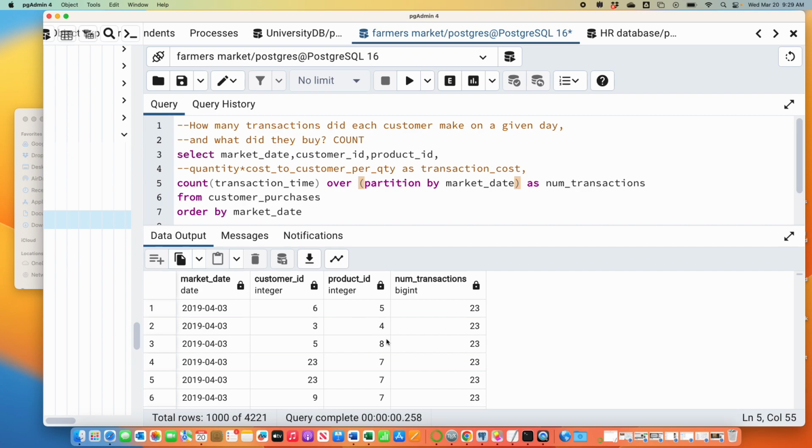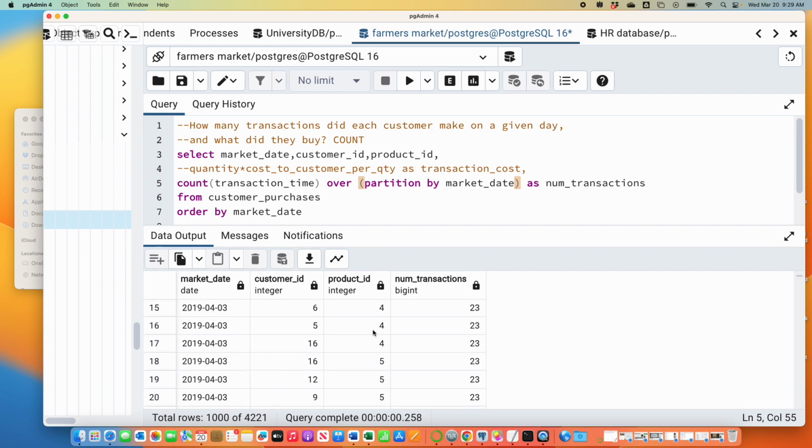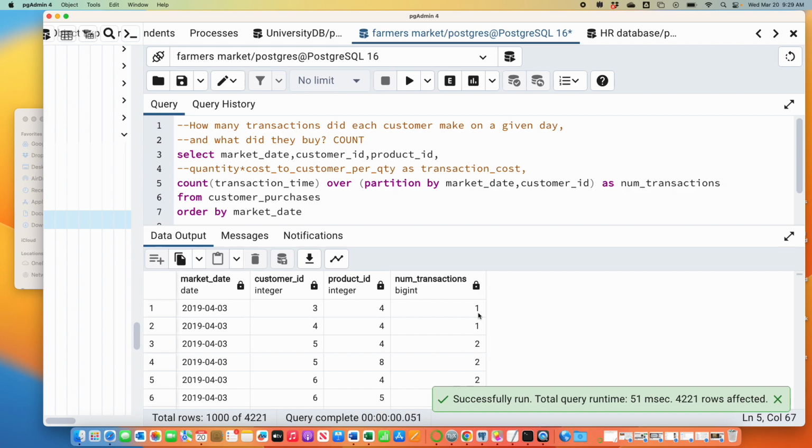Yeah, showing you just each day the total number of purchases made. So what you can see here is like, okay, customer 6 bought 5, customer 3 bought 4, and so on, but it's not separated by customer. So if you scroll down, I assume there's 23 rows for that first day. So then we switch. Yeah, so that's what it's showing you. So when you do this, you're saying, not only do I want to go by each day, but I want each customer to be its own thing. And so when I do that, this num transaction here is showing you for that customer 3, how many purchases they made.